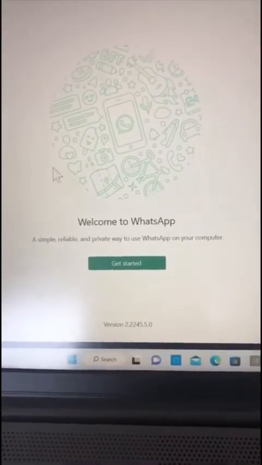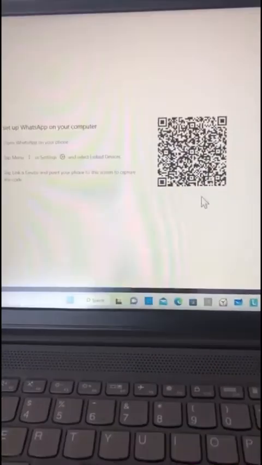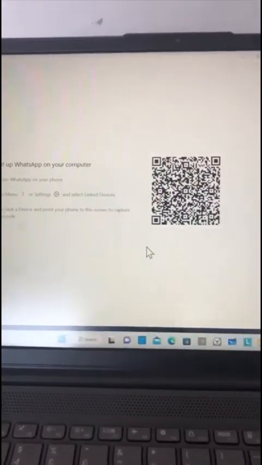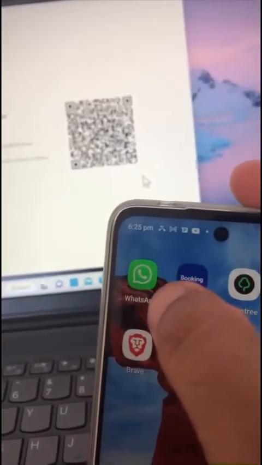Now what you have to do, you have to click on get started button, and you will see a barcode. Now what you have to do, you have to go to your phone where your WhatsApp is already installed. Now you will have to open that WhatsApp,